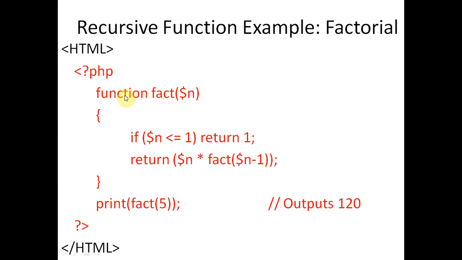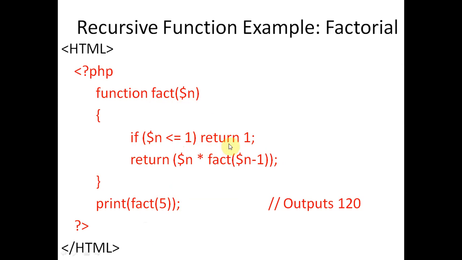Some of the problems can be solved by the recursive function call. So here in this program we are solving the factorial problem by recursive function call. So we have mentioned here the factorial function fact, and we are passing one argument n. Now you can see when we come inside the function, first of all we have this conditional statement. Suppose we are passing n as 5, so 5 is not less than 1.